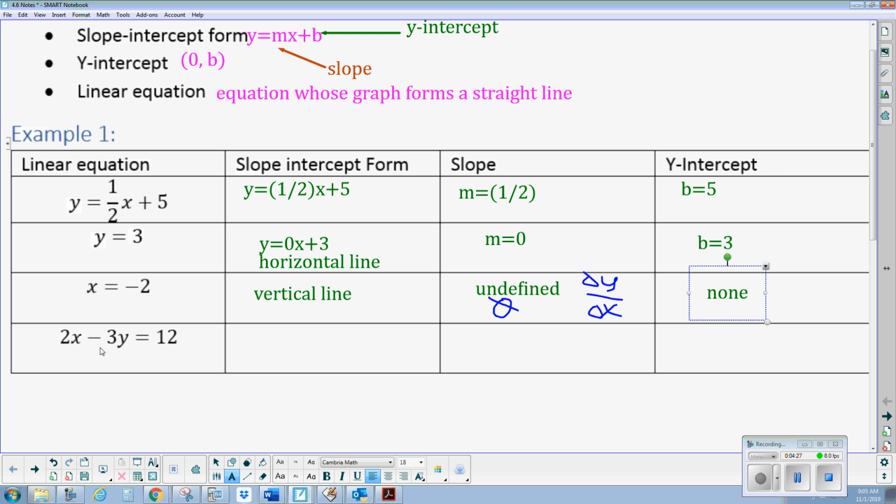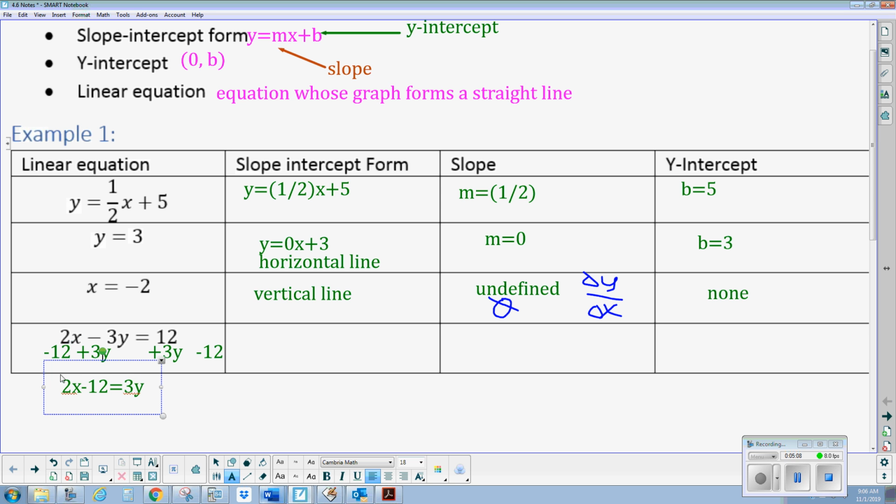Okay, and now this last one, we need to put this into slope-intercept form, which means we need to solve for y. So in order to do this, I always like to get y positive first. That's always my first goal, just because I hate to work with negatives. So I'm going to add 3y to both sides, and I'm going to subtract 12 from both sides. So I get 2x minus 12